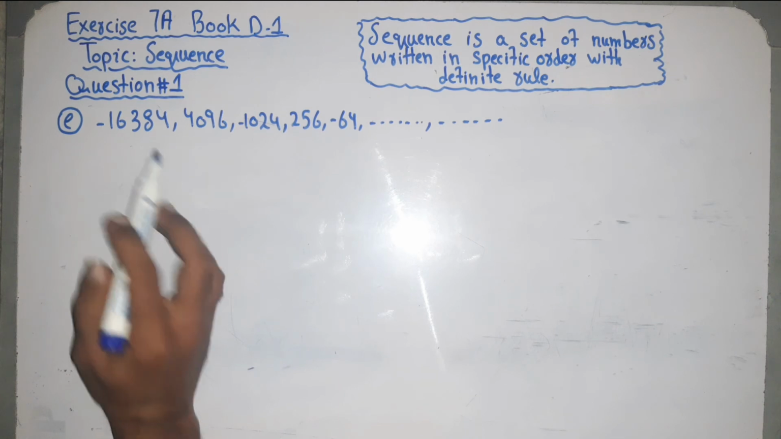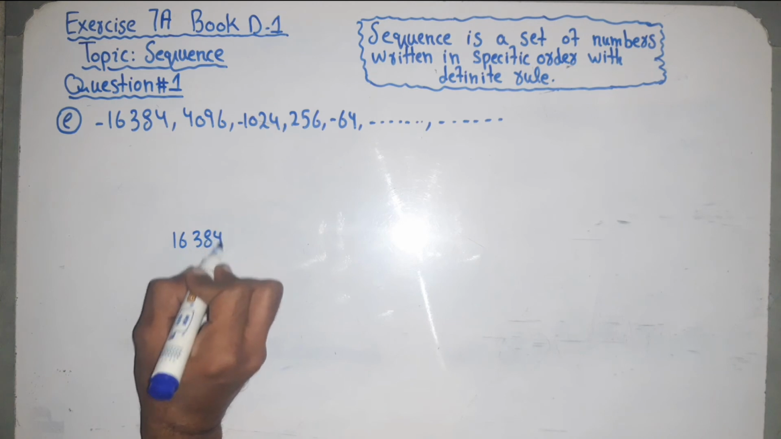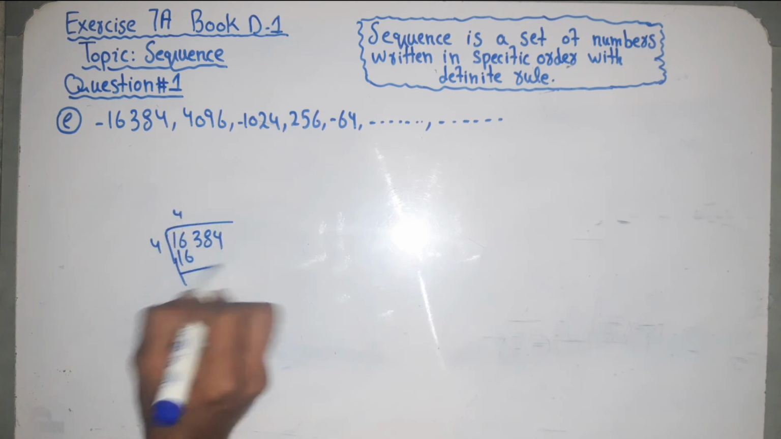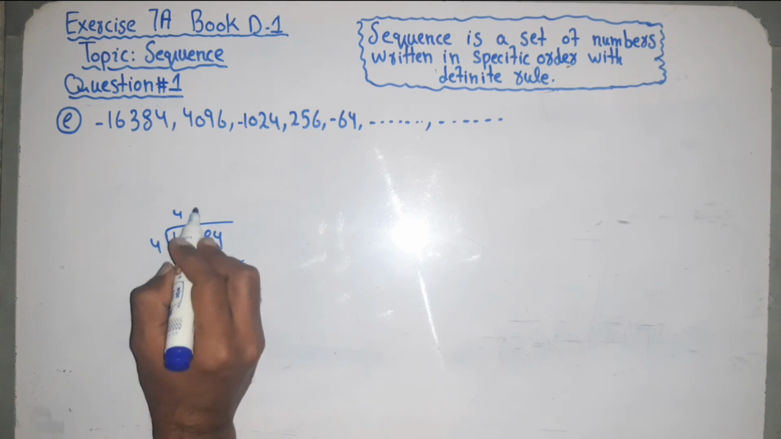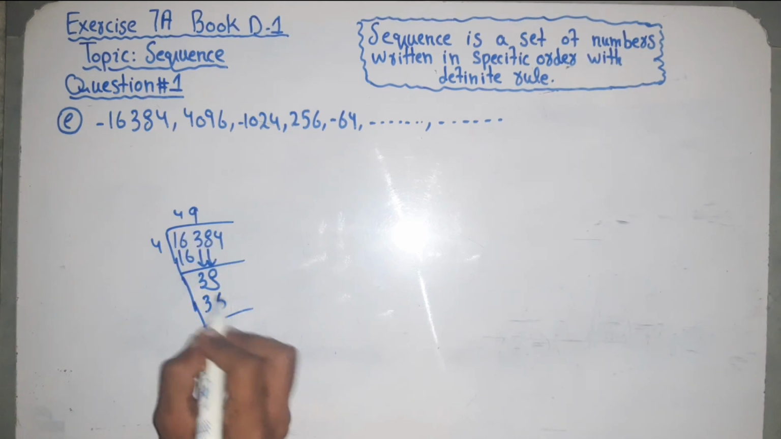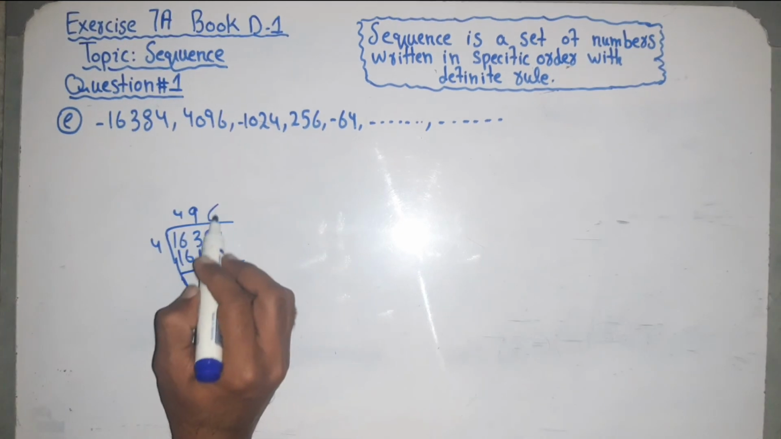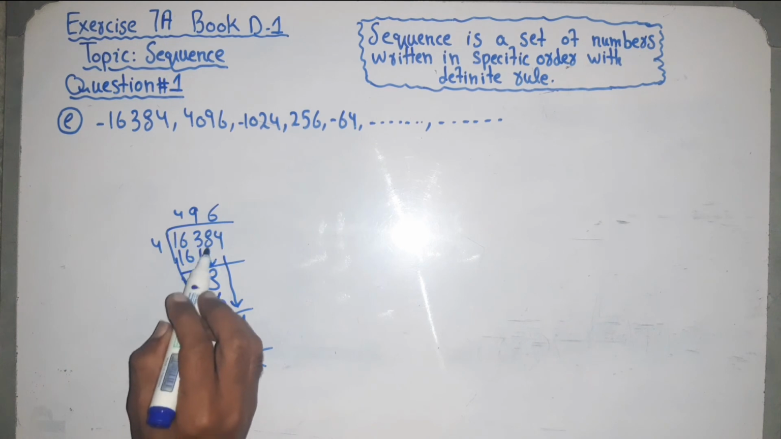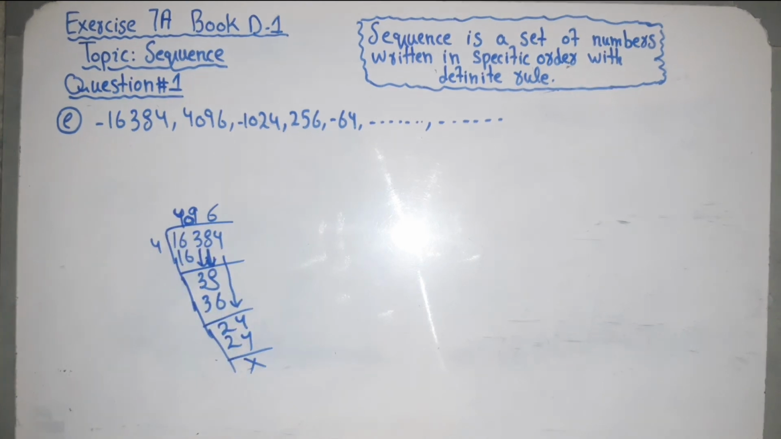Okay, so if we divide 16,384 by 4, let's check. 4 4s are 16, and then we have to divide. 4 9s are 36. Okay, so then we have 2 and then 4 6s are 24. Okay, so here what we did is, we bring down the 384 together, so here a 0 will come. So we have